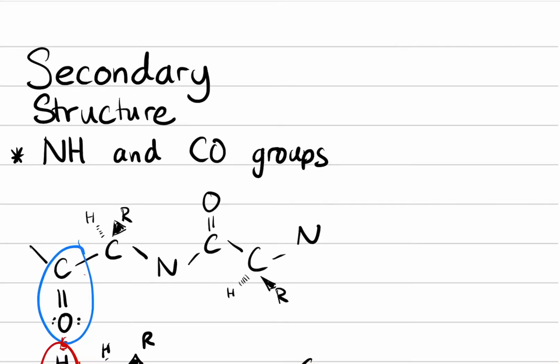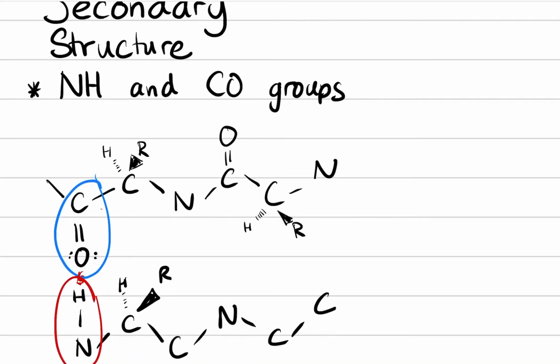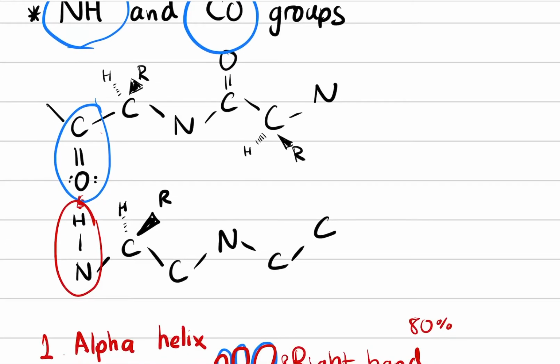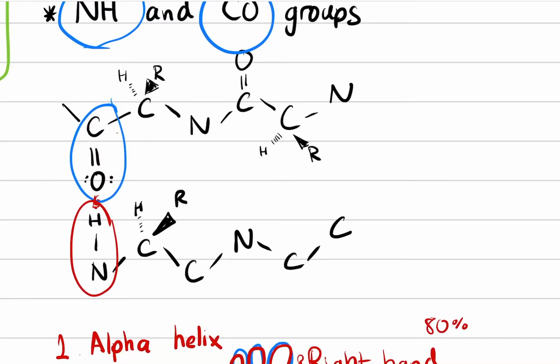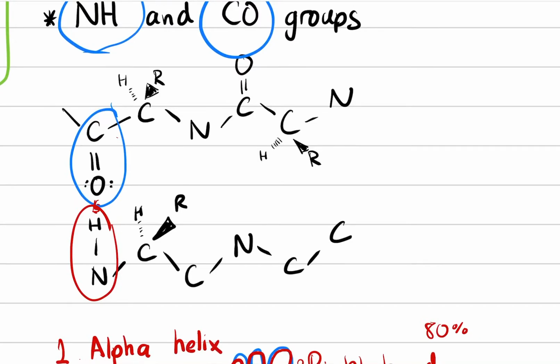So the secondary structure really is a reference to the initial folding of a polypeptide chain into shapes that are stabilized by the hydrogen bonds in the backbone of the amino acids or the polypeptide chain. And what I really mean by that, like I'm going to point out again and again, is this interaction between the NH and the CO groups on the amino acid. And here's what I mean by that. There will be an interaction when these two are together,